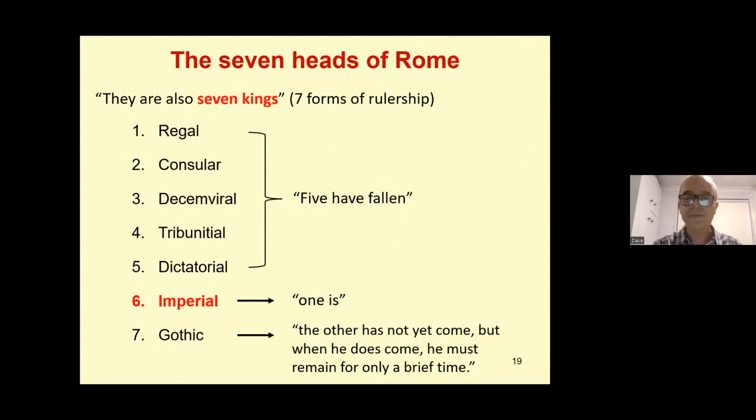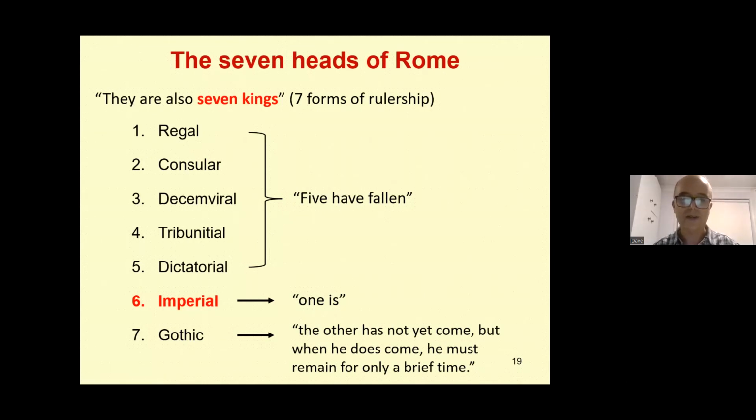Well, it was the imperial head, right? And so when John is given this vision in Revelation 17, remember it says in verse 10, five have fallen, one is, and the other has not yet come. So the imperial head is the one that is, or was, in the time of John. Does that make sense? That is the imperial head